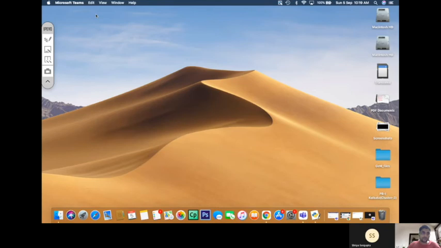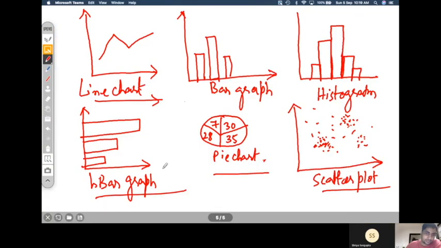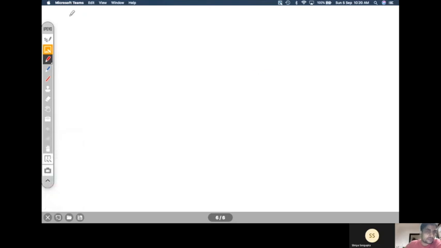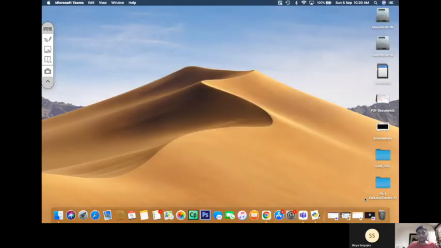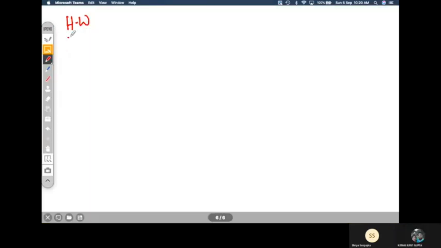Today's homework will be to do this one. Please try it and show it back to me. The homework is something like this. You have to create a graph which will try to show the difference between two quantities. That means, for example, if I want to plot a line graph